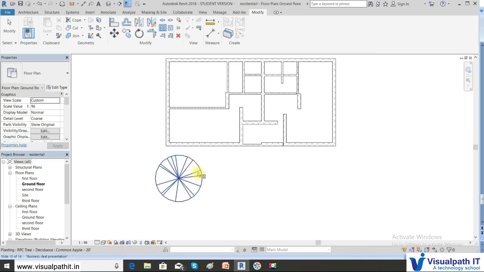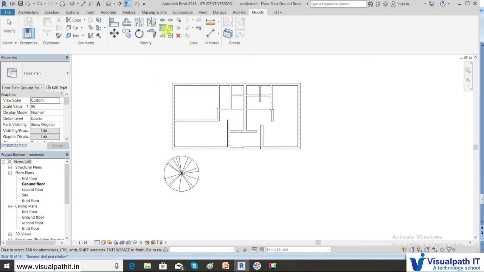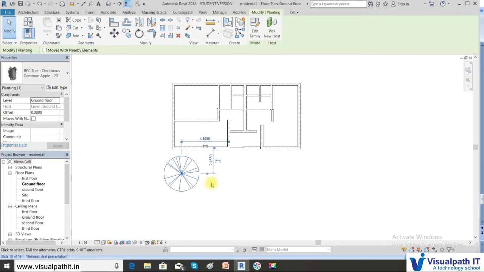Next we go for the radial array. Okay. In the radial array, this object will be big, so furniture would be the best option.